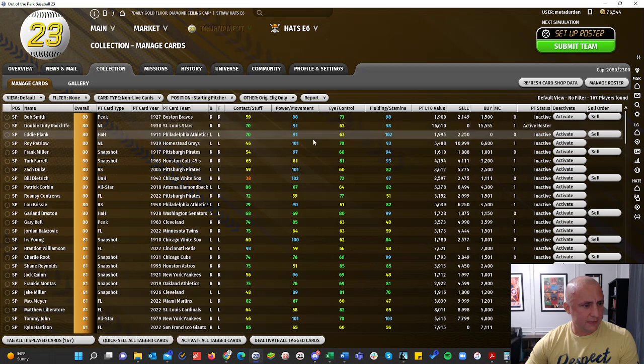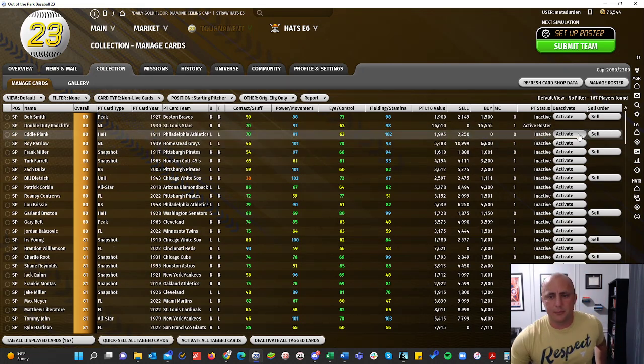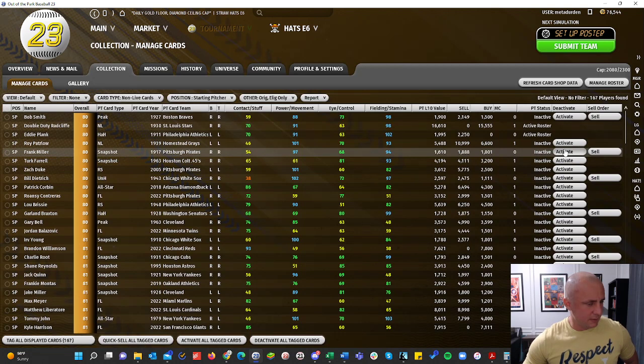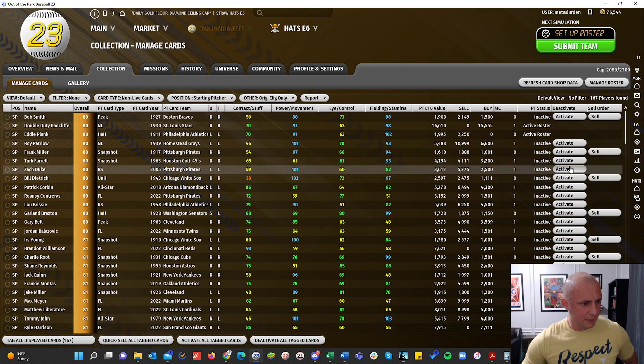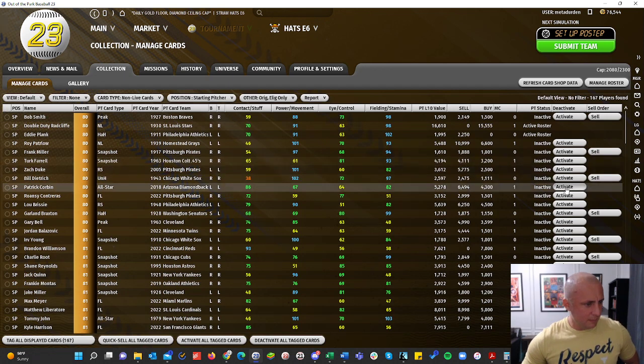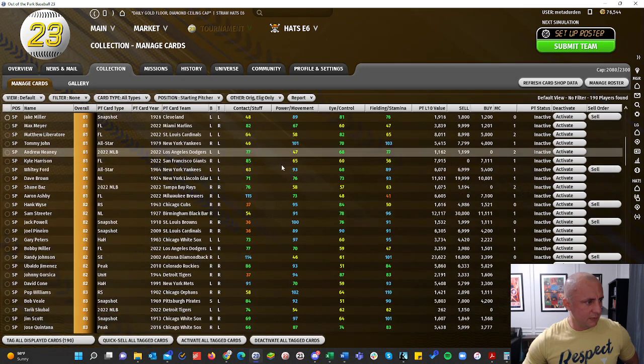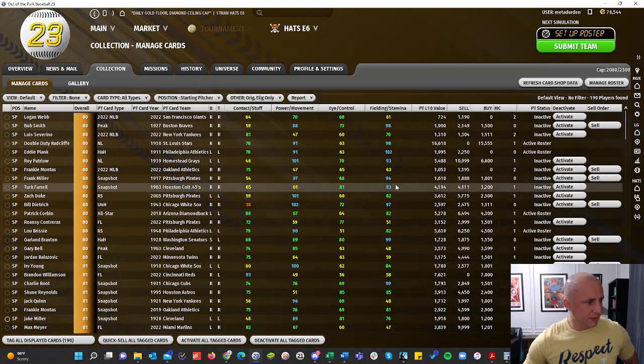Look at this. Has anyone ever noticed that before? Eddie Plank and Double Duty have like the same profile. I do know one's righty and one's lefty, but who else should I be grabbing, Gus? Let's see. Frank Miller wrote The Dark Knight, didn't he? I mean, we got to throw him in there. I think Corbin's fun for the pen. Louis Brissie. Oh, I have non-live only. I'll turn it to all types. Didn't add a ton, but